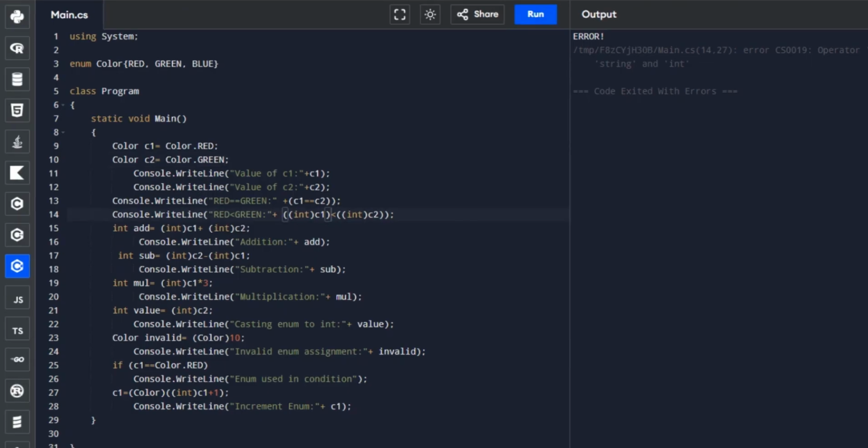Okay, we already fixed the first error. Now let's try to fix the other errors here. Still we are in line 14. Okay, so this one cannot be applied to operands of type string. So let's check here.